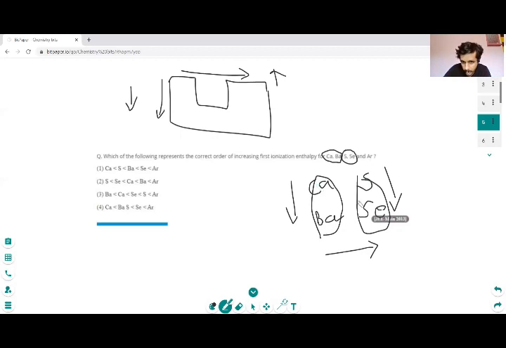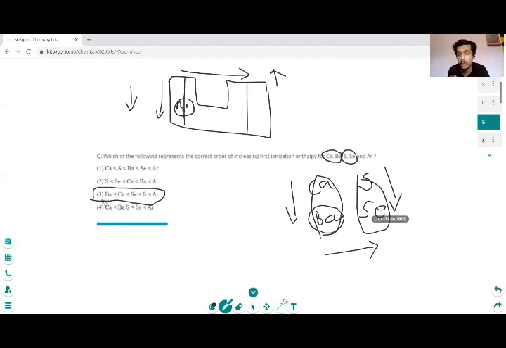So when we consider all these, we have fixed that argon has the highest ionization enthalpy. And after considering all this, we can say barium has the lowest ionization enthalpy, because it is down the group, below calcium, and it is on the left side of sulfur and selenium. Here we can see sulfur and selenium, here we can see calcium, and barium is here, let's say. Hence it is on the leftmost side and downmost side, so it should have the lowest ionization enthalpy. This is the trick, only one option has barium as the lowest.